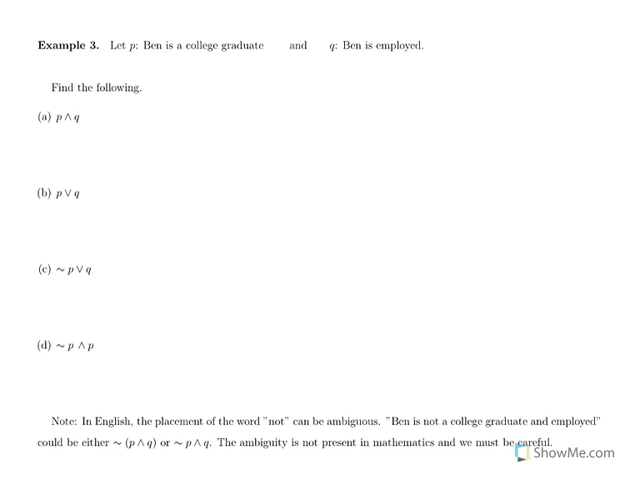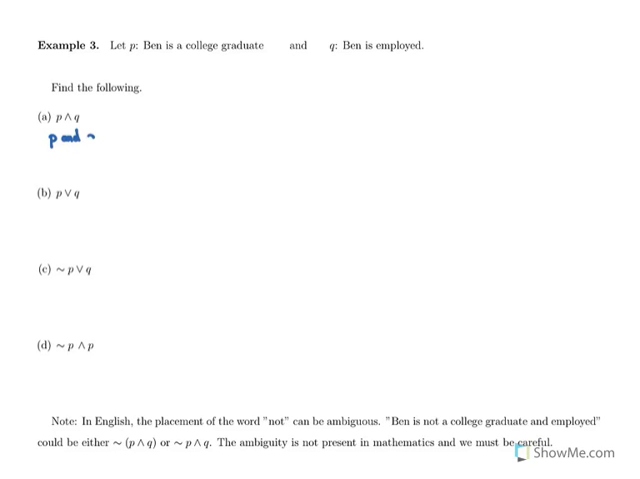So let's look at these in a little more detail. We're going to have two statements here. Statement P, Ben is a college graduate, which is true. I'm Ben. Statement Q, Ben is employed, also true. Again, I'm Ben. Find the following statements. We're going to be given the symbolic language, and we're going to translate that into the English sentence. So the first is